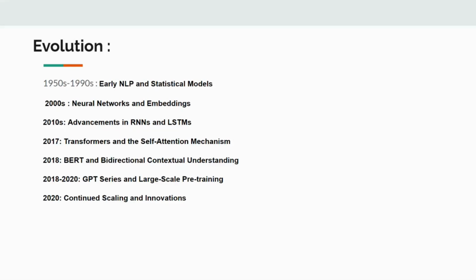And in the 2020s, we are continuously scaling and innovating these LLM models, such as GPT-3, GPT-4.5, or we can say LlamaIndex, or the PaLM algorithms, and many more are on the verge of